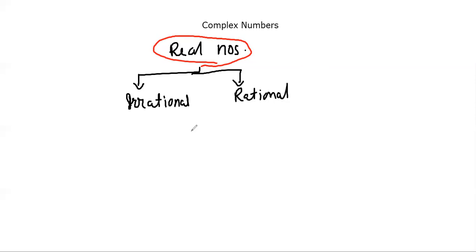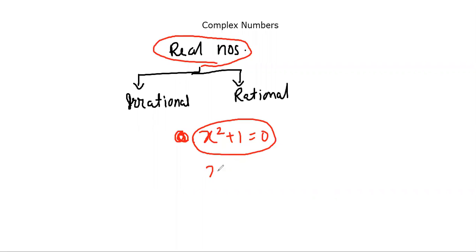So there was a challenge in front of the scientists. There were a lot of scientists who were struggling with this equation. There was a challenge in this equation. Can you tell me what the challenge is? They were unable to solve this equation. Why were they unable to solve it? This was a challenging thing for them. And when they solved this equation, they came to know that there exists another number, which we call the imaginary number. So can any one of you tell me what is difficult in solving this equation?